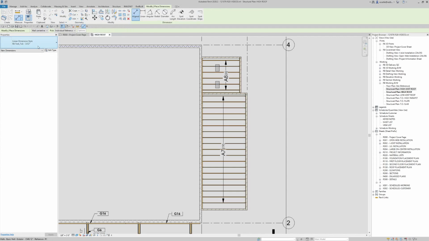We'll select that and come to our type selector, and there's a few different standard styles that we have. The clear span is used to show open web clear spans. The feet tick comes in at feet and uses ticks instead of liters, and then the text size. We also have RB inches, which shows inches, and then a custom one that I made, and I'll show you later. First, we'll start with the basic feet